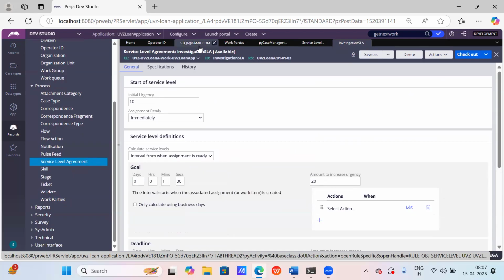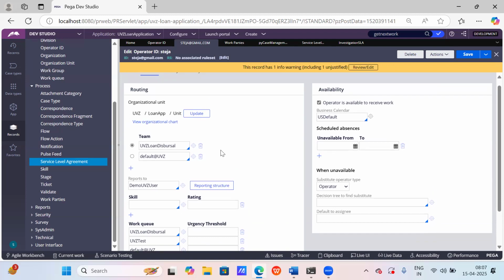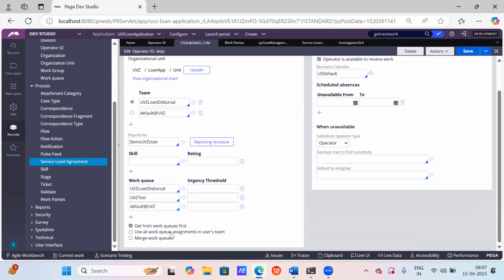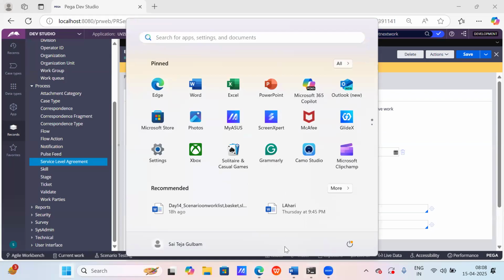Let's jump to this tab first. This is the operator profile tab, which plays a crucial role in designing. It helps to assign tasks. Let's consider you are working on some item. Who will decide that work to be completed? Let's consider you have 10 items on your name. It means the work can be from either worklist or workbasket. So what happens if I select this option? What happens if I disable these options? We'll see.